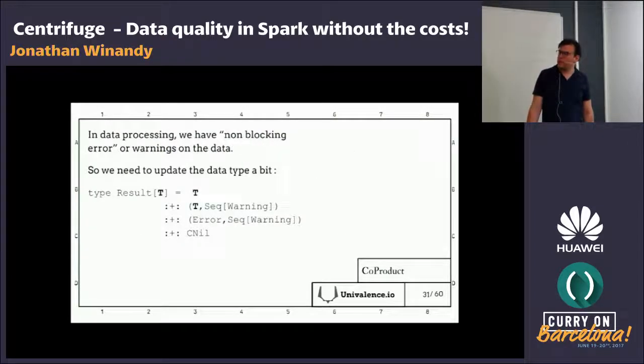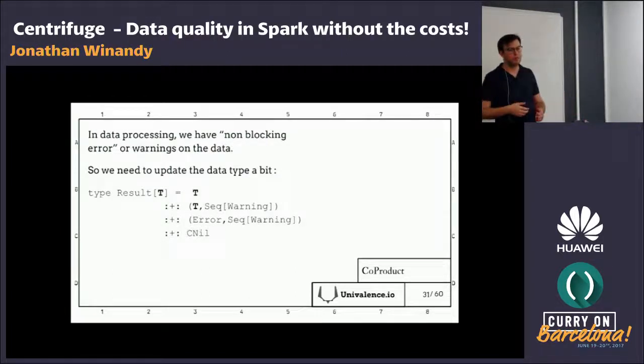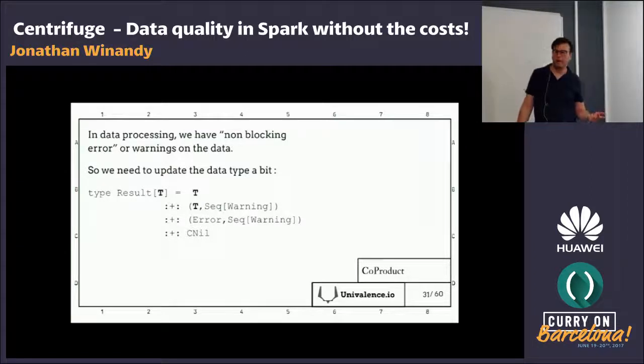The problem in data processing is that we have non-blocking errors, so the types we use in functional programming are not enough. We need to add warnings, so we get a much more complicated type. We either return a value T, or T with a couple of warnings, or an error with a couple of warnings. So we have these three alternatives.